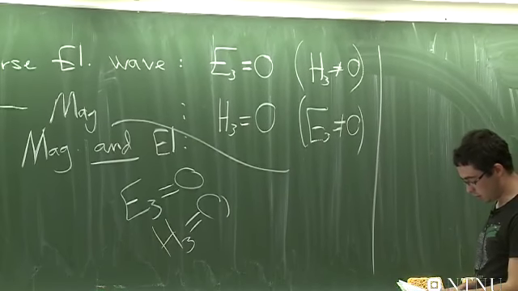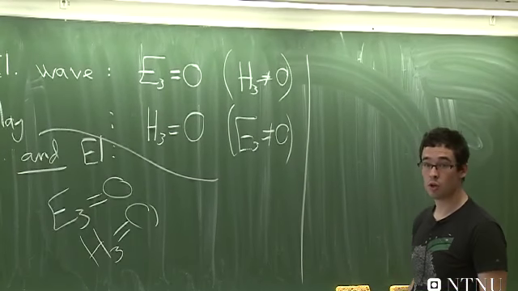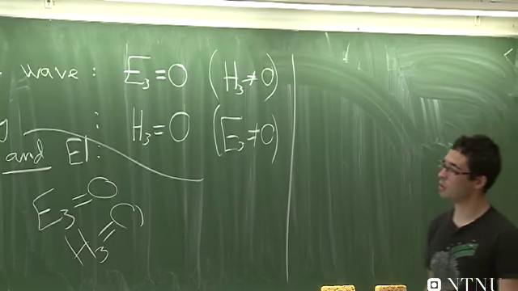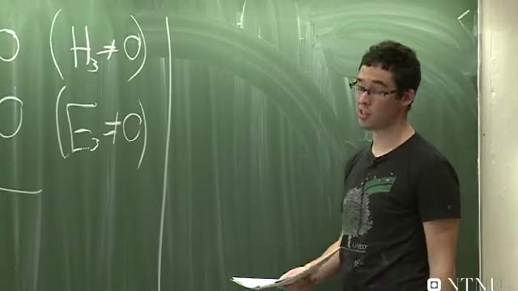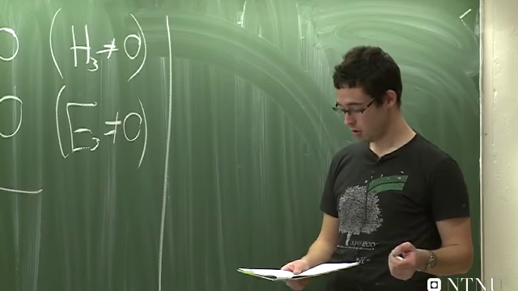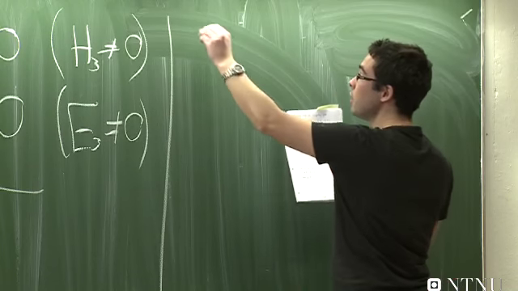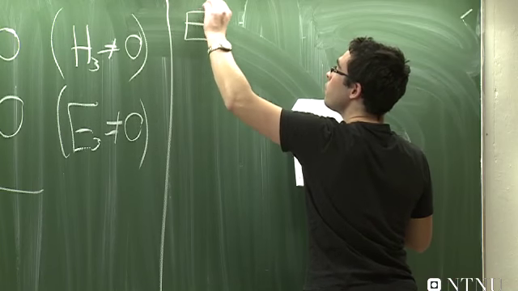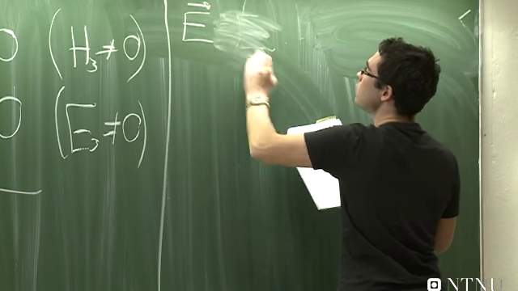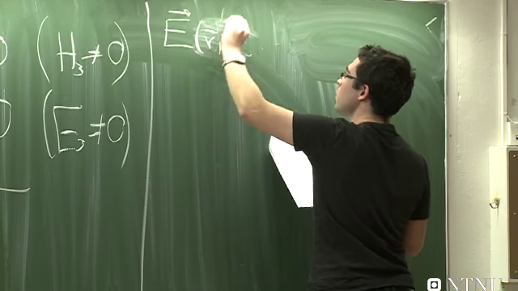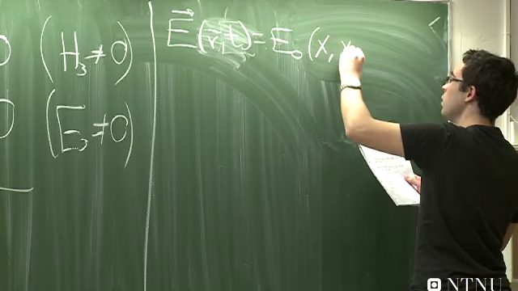So what we need to do to figure out what happens in one of these waveguides is to solve the Maxwell equations with the boundary conditions listed over there. And I will assume a solution traveling along the x3 axis, which seems pretty obvious that it must be traveling in that direction, and of the following form. So if I say that E of r, t is equal to some E naught of x1, x2